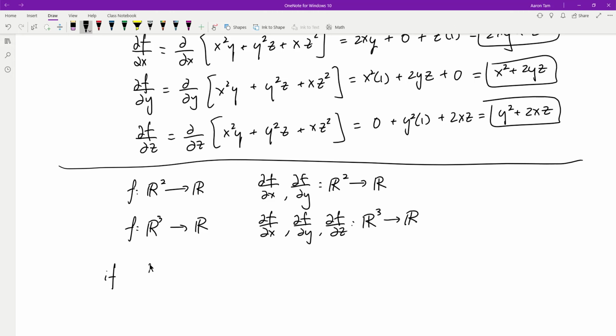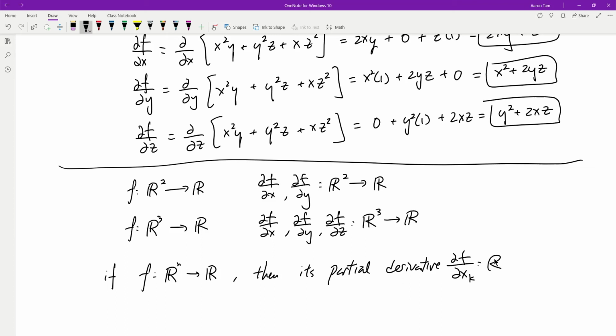If f maps from Rn to R, then its partial derivative, no matter which one it is, let's say df over dx sub k, is also from Rn to R, and therefore implying that